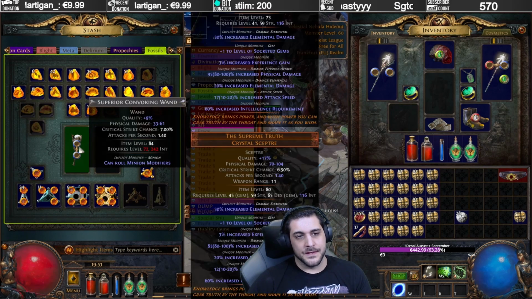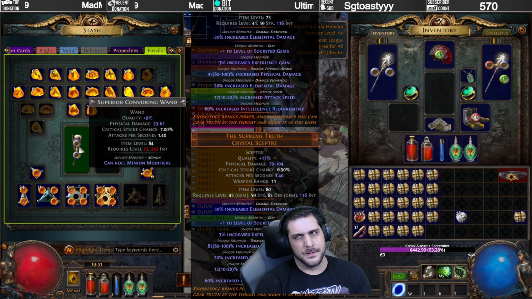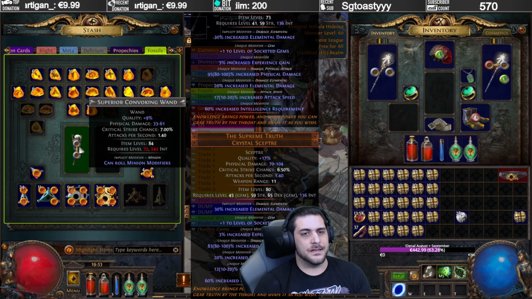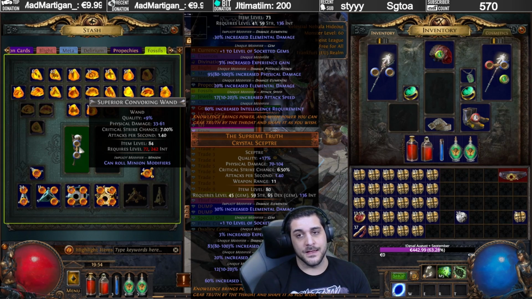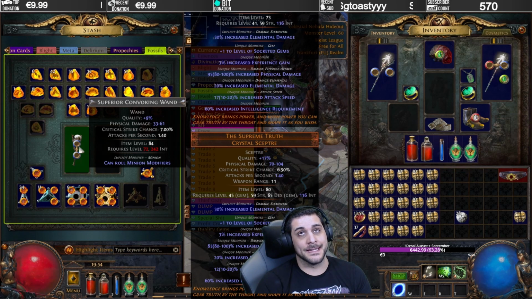First thing you want to do is get a Convoking Wand. Usually you can get these at item level 72, I believe is the lowest you can get, from what I've seen, which is usually better to hit the +2, like +1 to minions, +1 to spell skills. However, if you go for item level 84 or higher, you have the off chance of getting a tier 1 spell damage for the sake of a Dark Pact build, for example, but also tier 1 minion damage, which is obviously